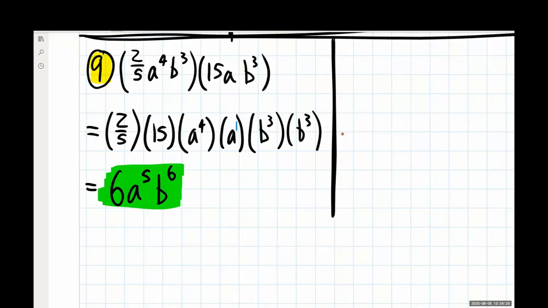Again, there's a few other ways that you might be able to creatively reorganize and rewrite this for yourself. Whichever method you would like to use, you're welcome to it. But I think some kind of rewrite can make these things a little bit easier for us. It's not required, but you do need to make sure you're keeping track of coefficients multiplying together, a's multiplying together, b's multiplying together. Rewrites can really help with that. So consider that as a potential tool that you can use as you're going through these problems.